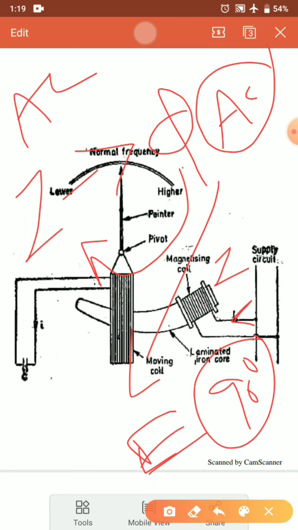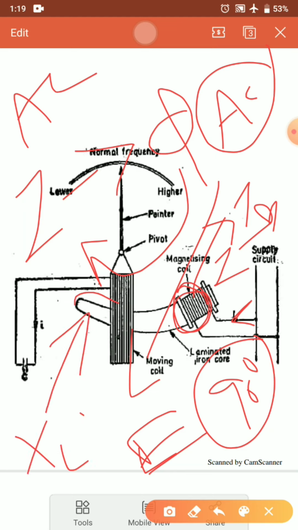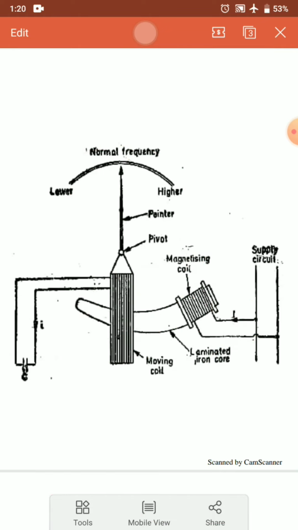We know that the induced EMF will circulate a current IM. Because of this EMF, a current IM will keep circulating in this magnetizing coil, and this current IM will depend on the inductance L, because the fixed coil is related to XL, so the inductive part is there. It will depend on the inductance L of the moving coil and the capacitance C, because a component of mutual inductance is there, so the value of IM will depend on both L and C. Now here we can see that there are three conditions possible.